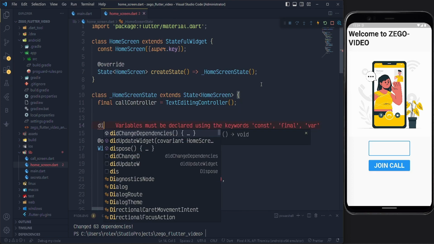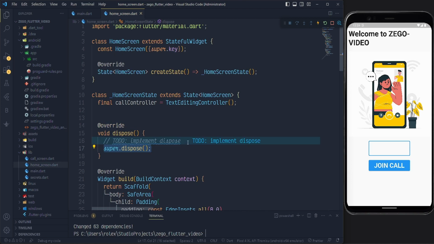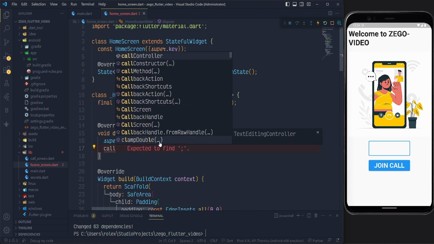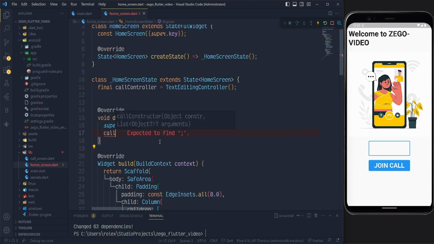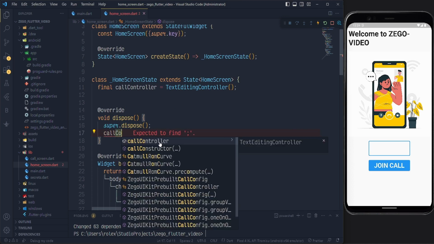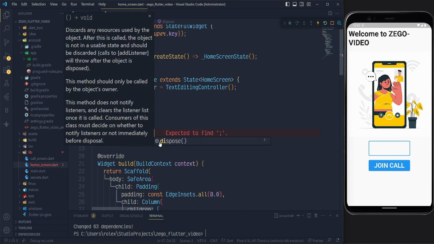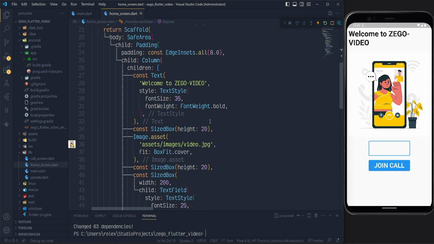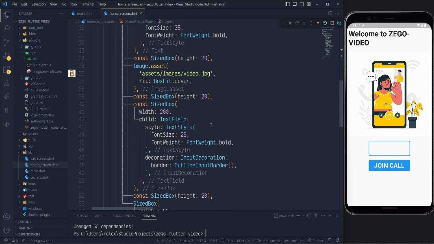So let's not forget to dispose this. So you can type dis, call the dispose function. And then we can simply say callController.dispose, so that whenever we are not using this, it is disposed from memory and not eating up anything. So we can head back to our text box